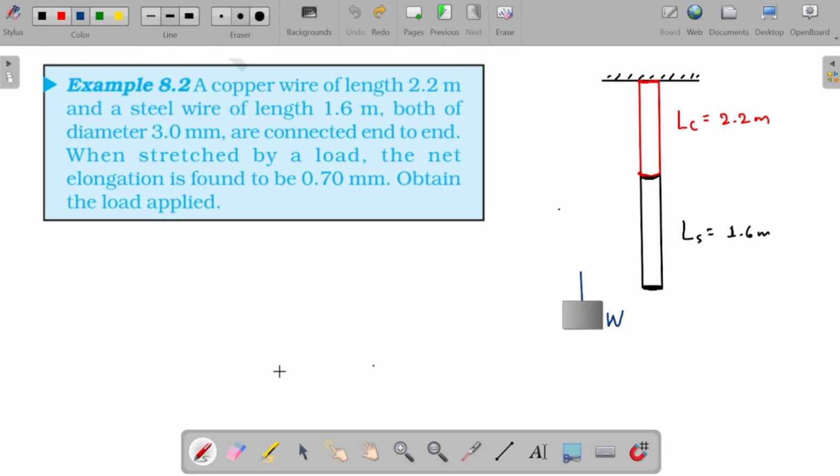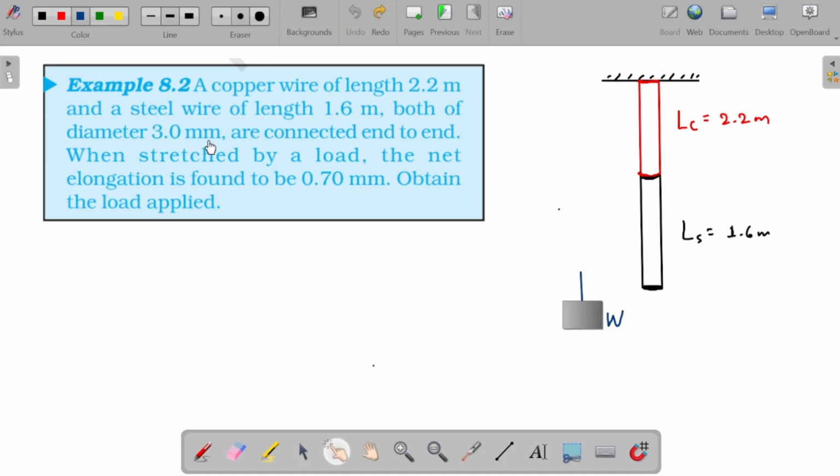Okay, let's continue our discussion. So here we have example 8.2. A copper wire of length 2.2 meter and a steel wire of length 1.6 meter, both of diameter 3.0 millimeter, are connected into it. So here we have copper wire of length 2.2 meter and a steel wire of length 1.6 meter. These two are connected at this point, and the diameter of these two wires is the same,